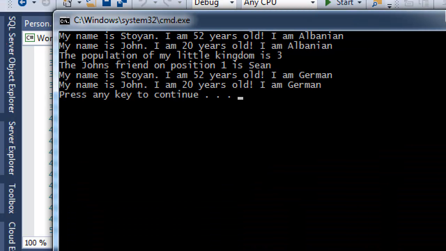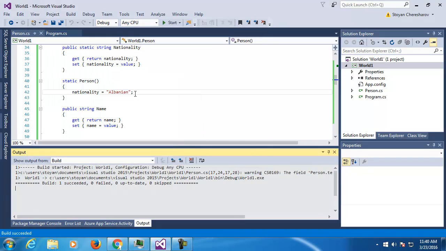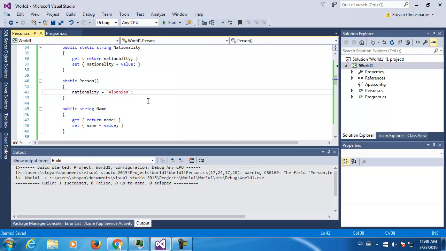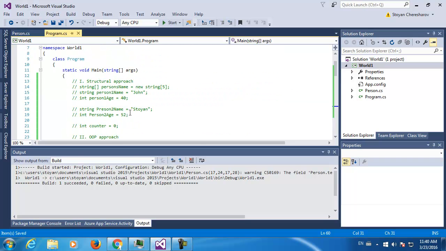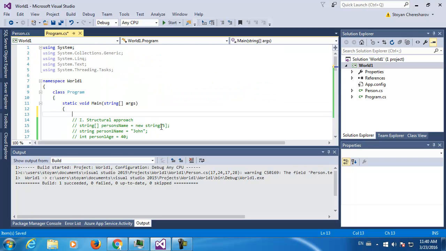All of them say that they are Albanians, as you can see. Even if I ask, in the very beginning of the program, my class, and I say console write line, give me your nationality,